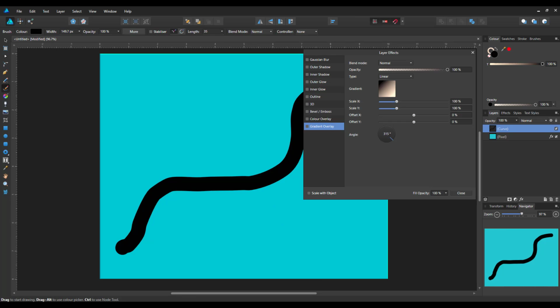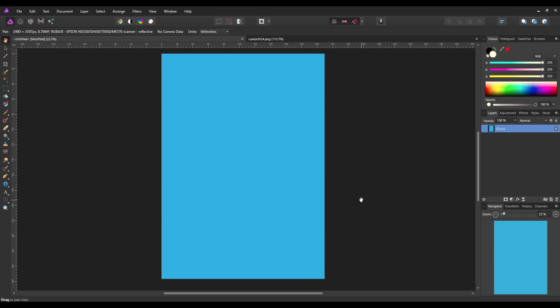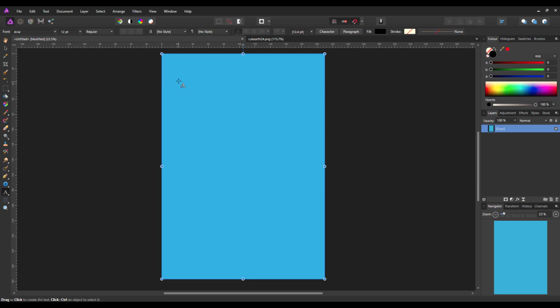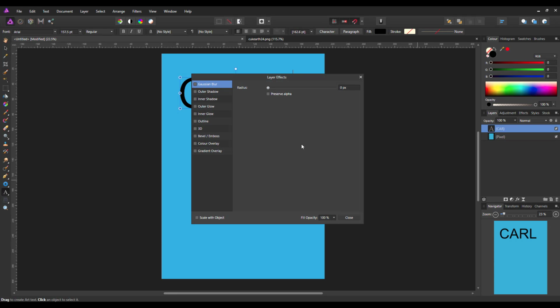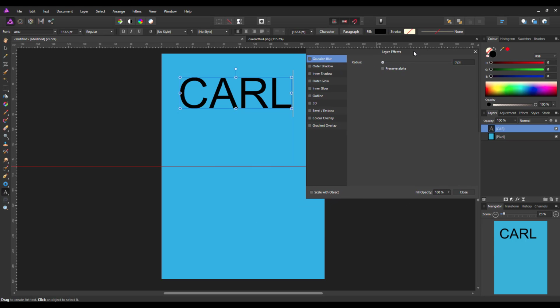So if I move over to Photo now you can use it on a photo, but I would imagine 9 times out of 10 most people will use these effects on text. So let me start with a bit of text. Right, I've got my text layer now. So if I now click on the effects button to get the panel,